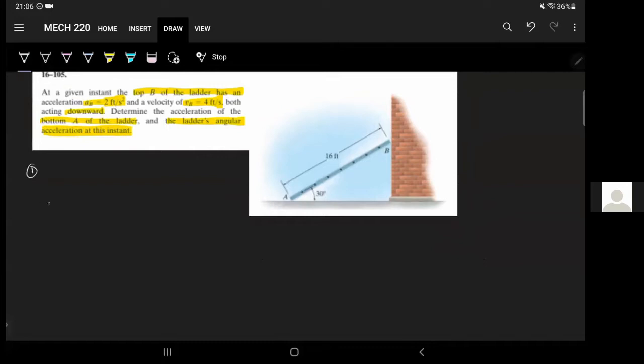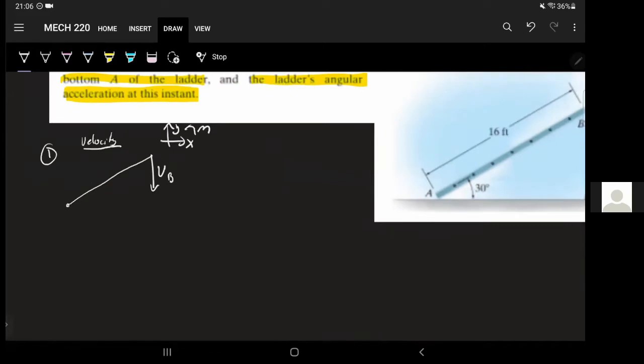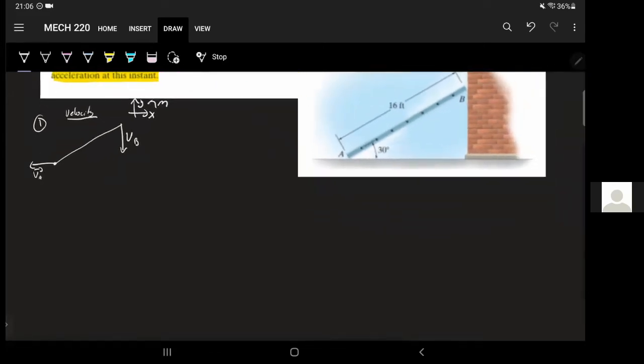So I'm gonna do two in this case. I'm gonna do the velocity, right? So I'm gonna use this as my axis. All right, so I know that VA, so I'm just gonna do velocity here. VB, so it's going this way, right? And as it's going this way, know that VA is gonna be going that way. And then for the acceleration,